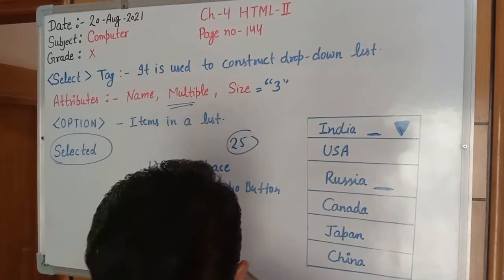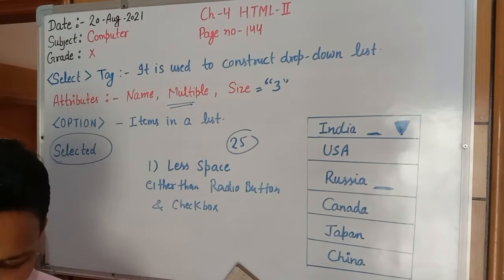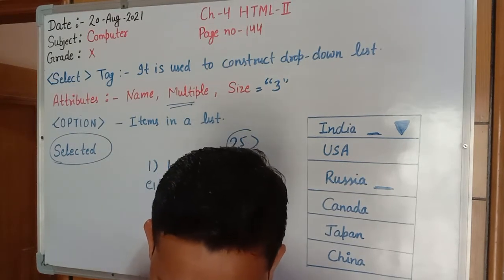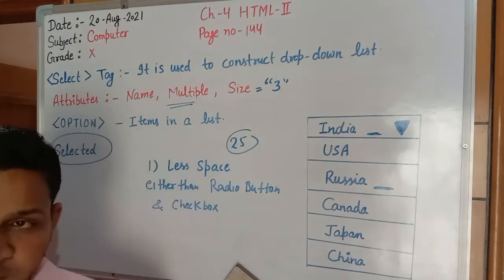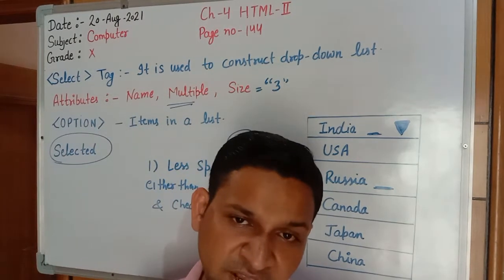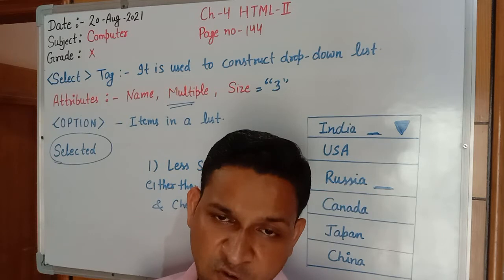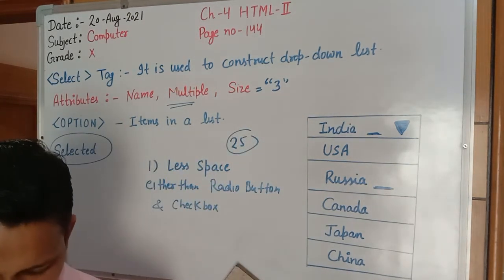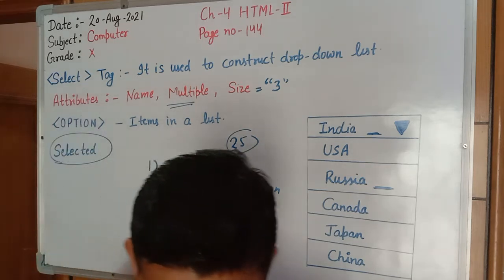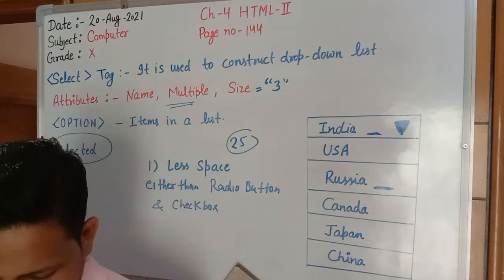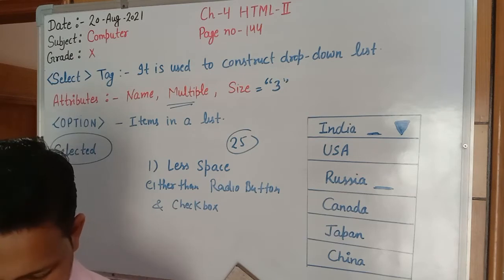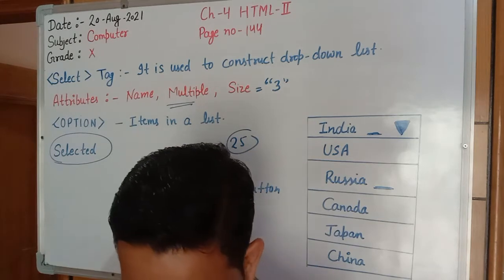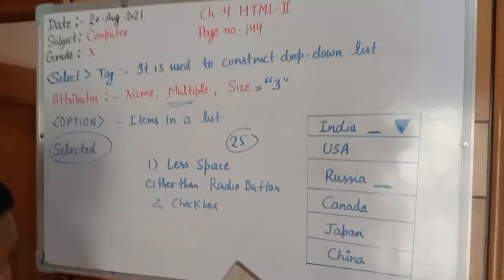We will understand more through example number 11, on page number 144. After the body tag they have started a form. Form name they have taken F. A form has 4 attributes: form name, form action, form method, and form encryption. So here we have taken form name equal to F. After that they have taken one paragraph P, in which they have written enter your nationality. Afterwards the select tag is started. In the select tag they have taken option, and in option they have taken selected.